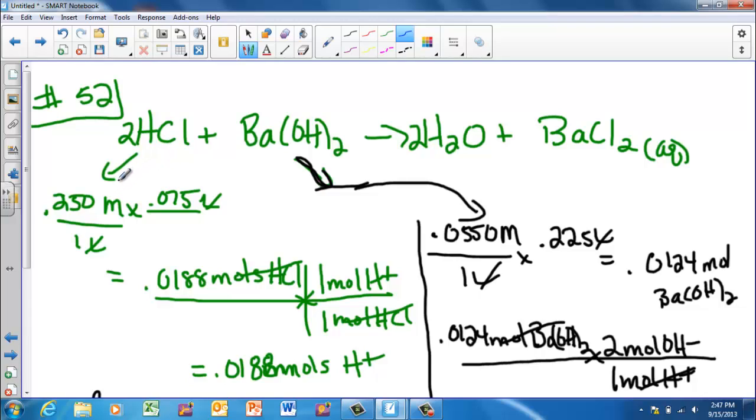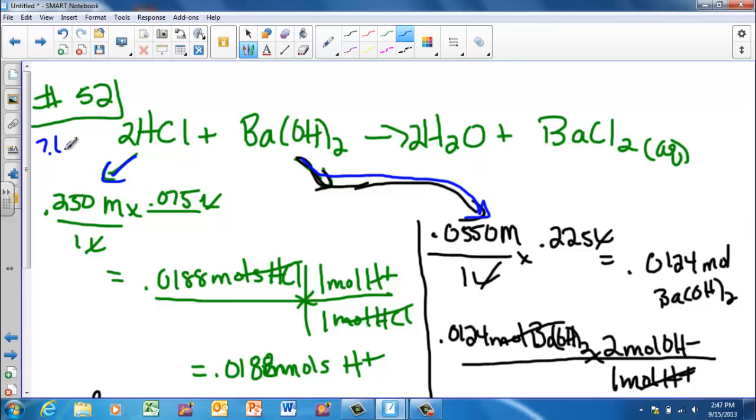What 52 is asking you is how you take hydrochloric acid and you have 75 milliliters of a 0.250 molar. So there's my hydrochloric acid data right here. You're going to combine that with 225 milliliters of 0.0550 barium hydroxide. And what it wants you to solve for at the end is what is the